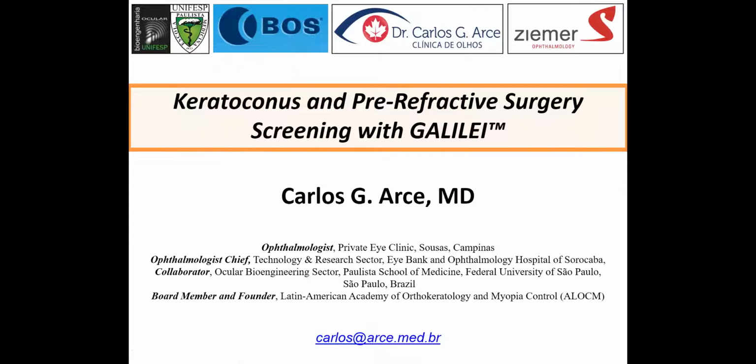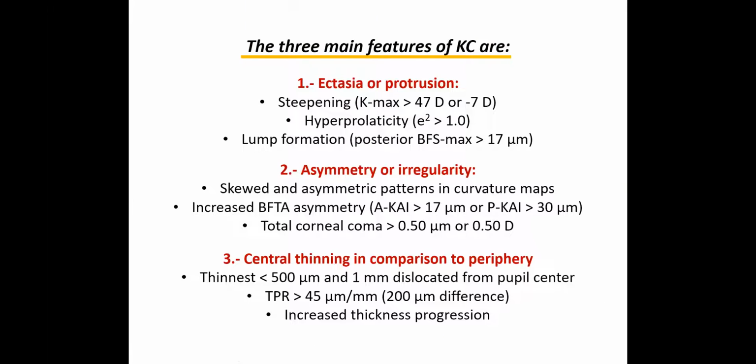So now we go exactly to what David asked me to do: how to do the screening with Galilei for keratoconus or for pre-refractive surgery. To do this, we have to understand what the signs of keratoconus are. The main signs of keratoconus are, first, ectasia or protrusion, the peak of the baby bottle or the lump in the